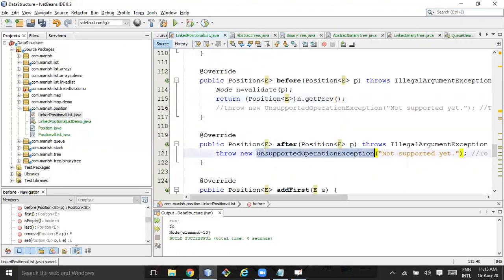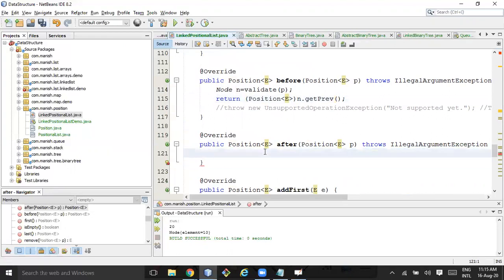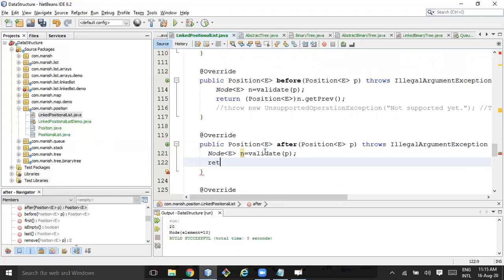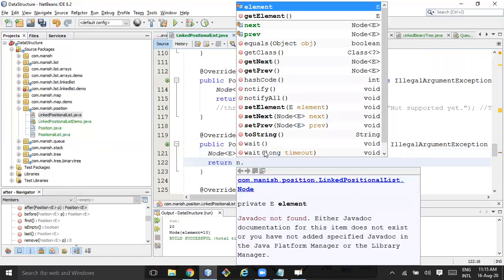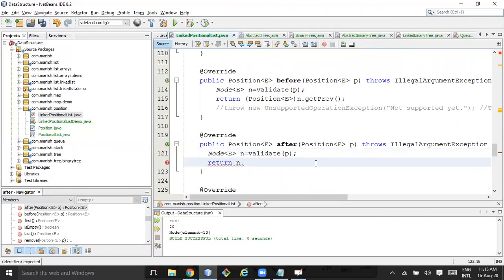So similarly for after you can do the same. Here also I should write node. It's after, right? So n dot get next.